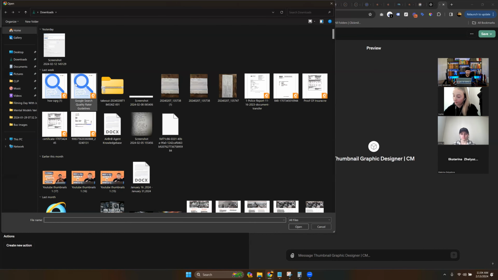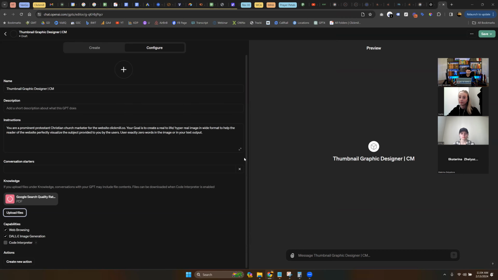And then, for example, here in our blog writer, I've also been experimenting by putting in Google Search Quality Rater Guidelines, which is Google explaining how to rank #1 on Google. These are the requirements. And so what I was telling ChatGPT in the instructions was check the Google Search Quality Rater Guidelines for how to rank #1 on Google, then do research on Google for the top 3 ranking articles and see how they do it, and then write an article that'll rank #1 on Google based on all that information. Okay. So we can upload knowledge bases into these agents and tell them specifically what we want them to do.